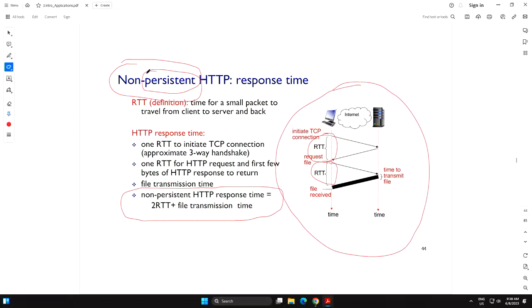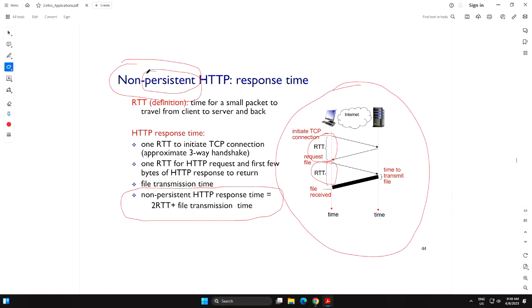You want to get another object, open another TCP connection, get the object, close the TCP connection. So it's a very simple protocol. It was very successful and widely deployed. Even today, as we speak, there are many servers and many browsers which support this non-persistent HTTP 1.0. It's getting obsolete. I'll show you what the problem is in terms of performance. But in terms of overhead, this is the simplest software that you can write. And sometimes we ask our students to write this software as an assignment. I'll talk about the assignment later.